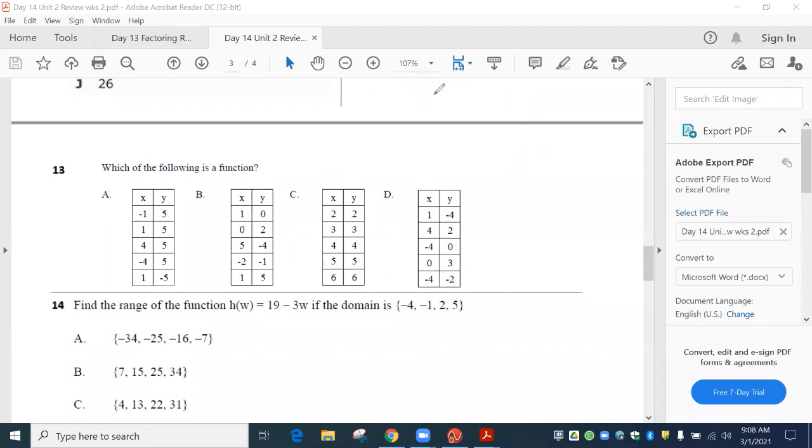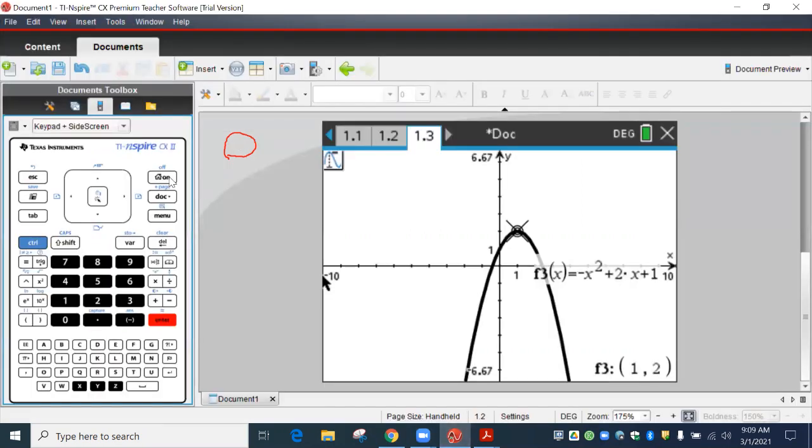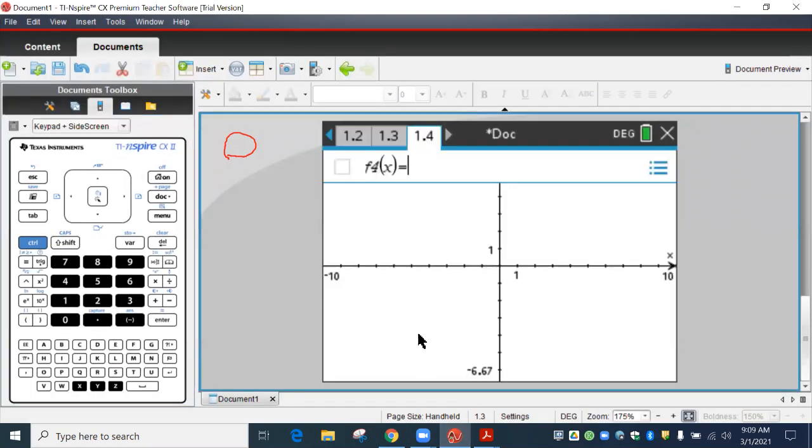All right, number 14. So why do we think this is so easy right here? There you go. The 2 letters becomes a Y. So this is all calculator. Now, when we go into graphs, we don't put W, we put what? X. So you can only put X's under graphs. So we're going to go to our calculator, open up a brand new one. And then we are typing in, if I can find this, 19